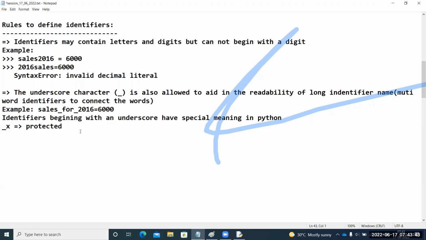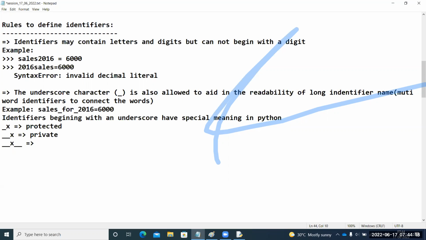We'll learn later. If any variable begins with a double underscore, guys, this is called strictly private or a private variable. Actually, some others refer to this as a private variable, and this as a strictly private variable. But we can use this. Protected is more meaningful, and this is called private. If a variable is private, you cannot access that variable from outside of the class. This is also an important interview question, guys: what are the different access modifiers? Now, the third important one is beginning with double underscore and ending with double underscore, guys.